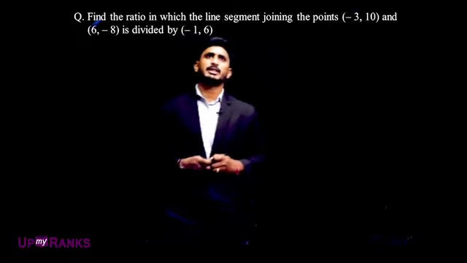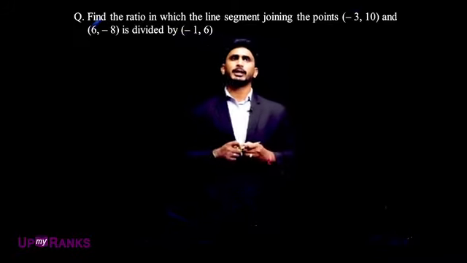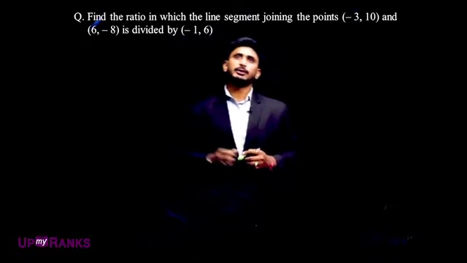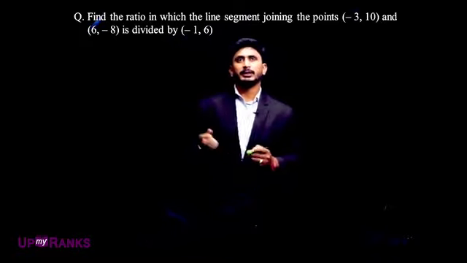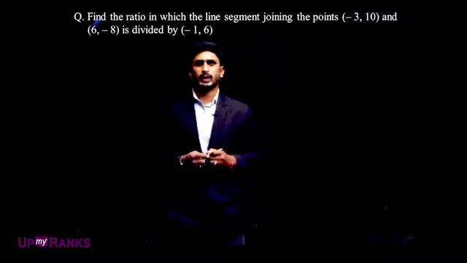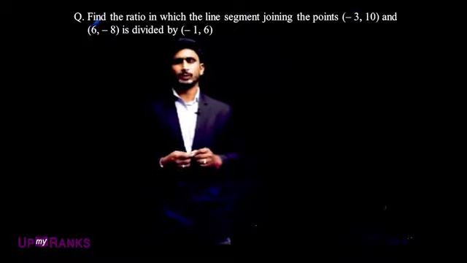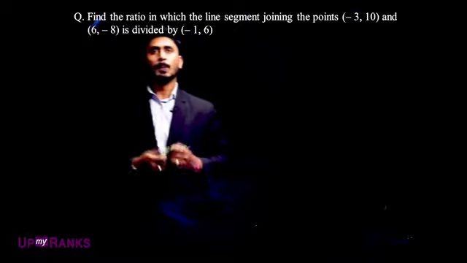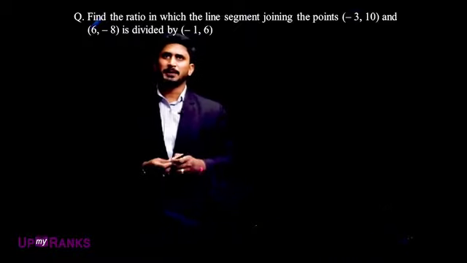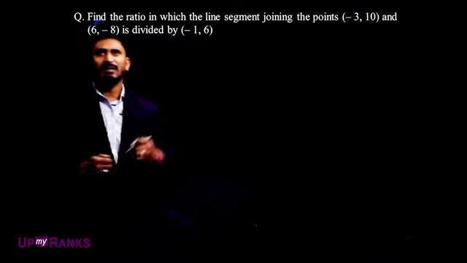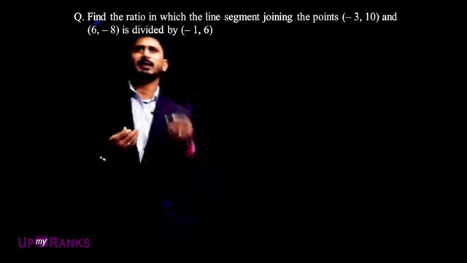Find the ratio in which the line segment joining the points -3, 10 and 6, -8 is divided by -1, 6. So I have to find the ratio, which means m1 is to m2. So how do we do it? Where the ratio is not given, I will consider the ratio